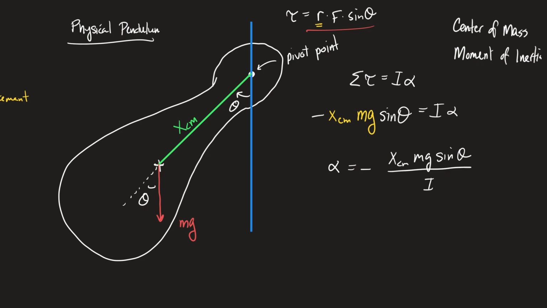Does g change while it's oscillating back and forth? Does theta change while it's oscillating back and forth? Okay, that one's in. Does I change while it's oscillating back and forth? The moment of inertia changes while it's oscillating? I don't think so. It's going to be something like ml squared or mr squared or 1/2 mr squared, whatever our shape is, right? So I think we can rewrite this with a negative sign, a set of constants,